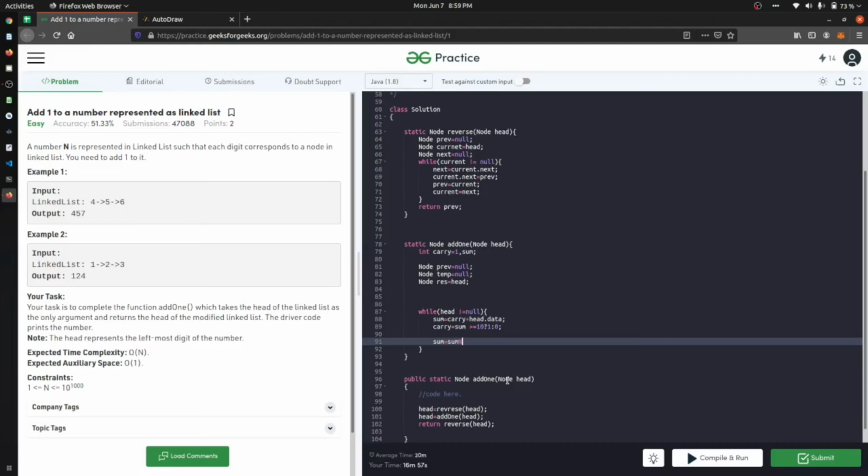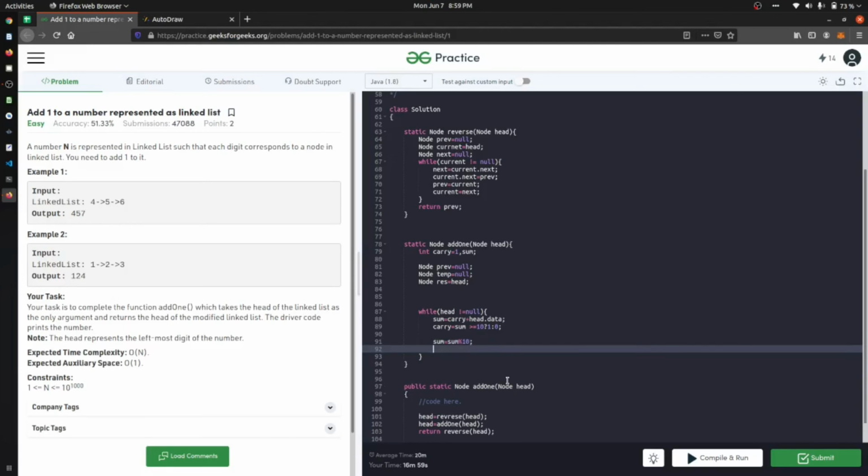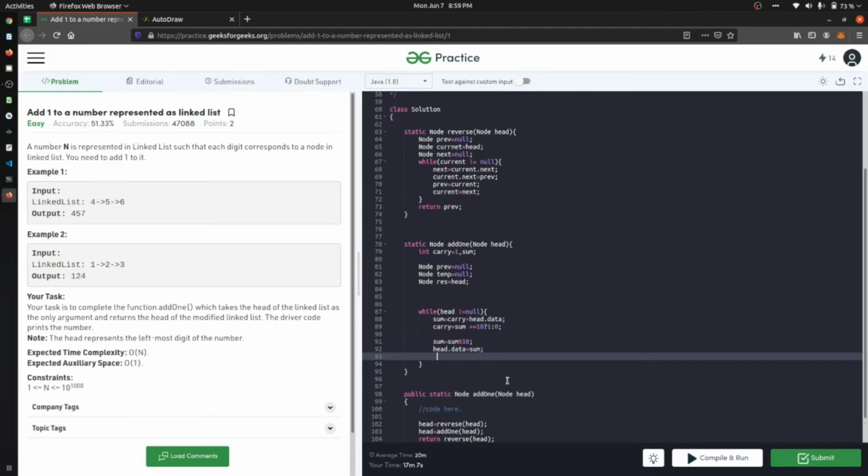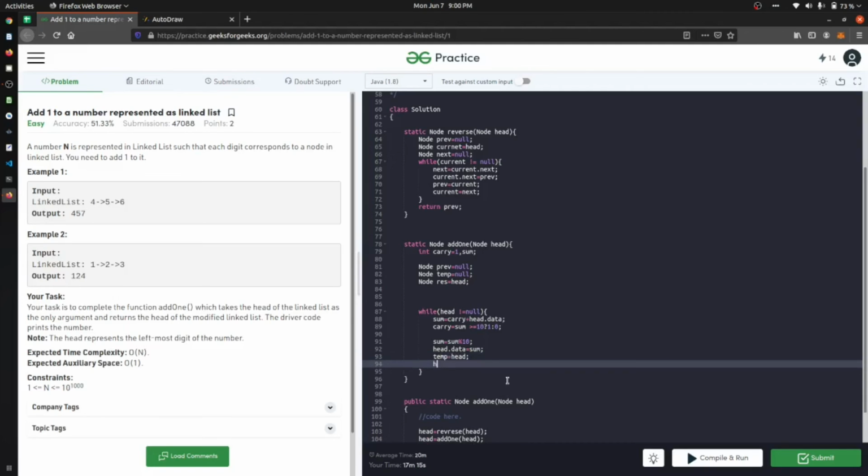Sum modulus 10, and now our head dot data will become the sum. Now we would start with the temporary variable. Temporary variable will take care of the head. After that my head will move forward.